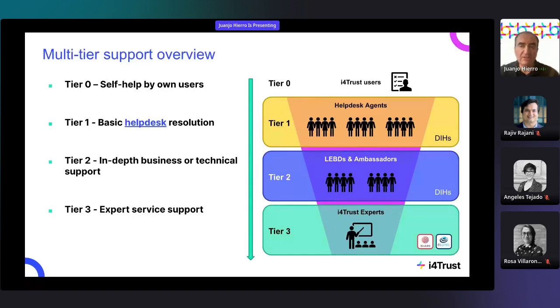But gradually, we expect that not everything will arrive at tier 3. That would mean that we are not handling things properly. Again, we want the DIHs to get engaged in being able to support in the first place their own communities.